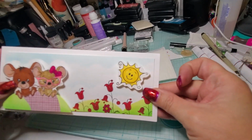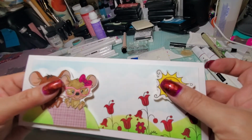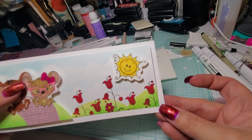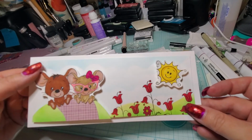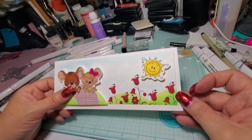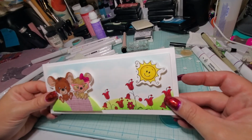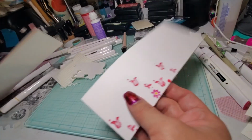And I don't know if you can see how having that stark white allows that light blue to pop up on there, and it really makes that green shine. Okay, just wish it wasn't so blurry. Ta-da! I'm just going to tape this down, and then I'm going to snap some pictures of it and send it through to the